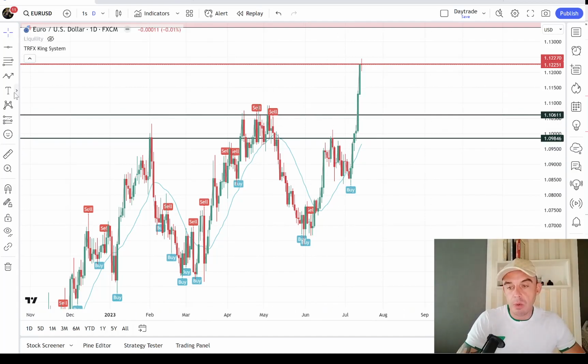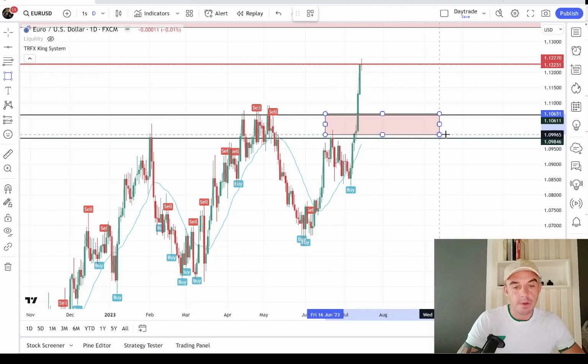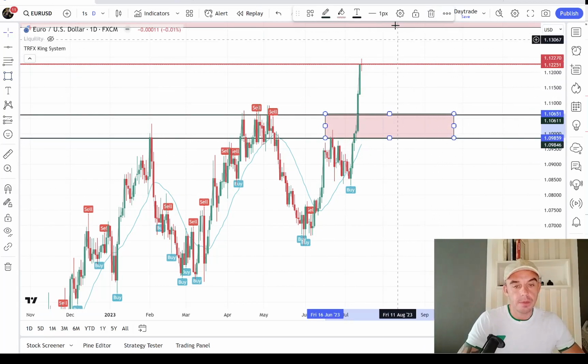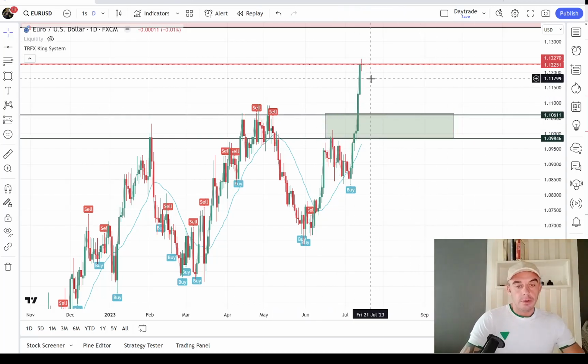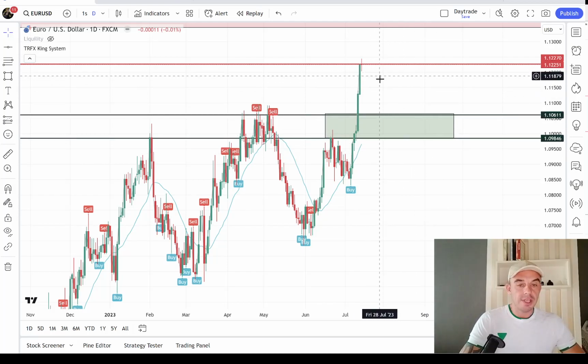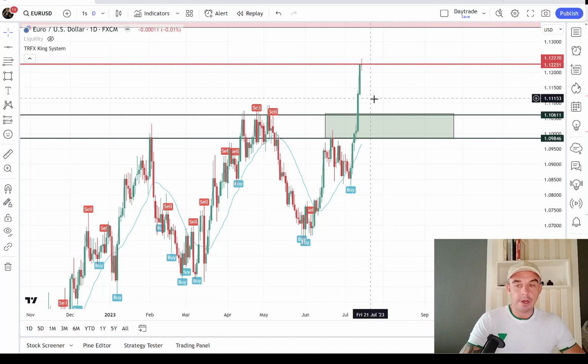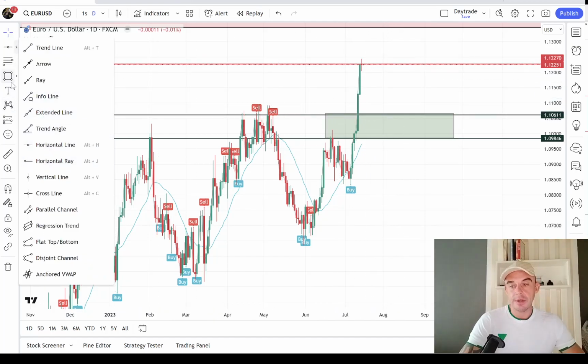This kind of area would be the sweet spot for the pullback for buyers. To guess what target is going to hit, you really want to see the momentum of the pullback down towards this level here. So early next week,